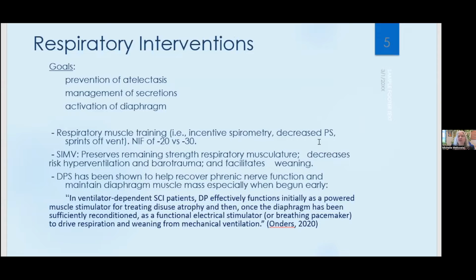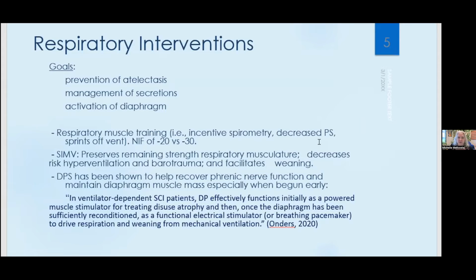So when children admit to our unit, they've left the intensive care setting. We might be seeing them for that first initial rehab admission. We also now have a number of children, some of whom I'll be talking about later, who are here for repeated bouts of inpatient rehab.